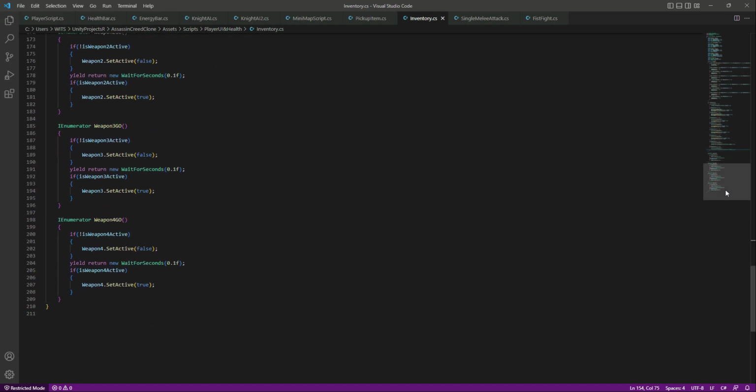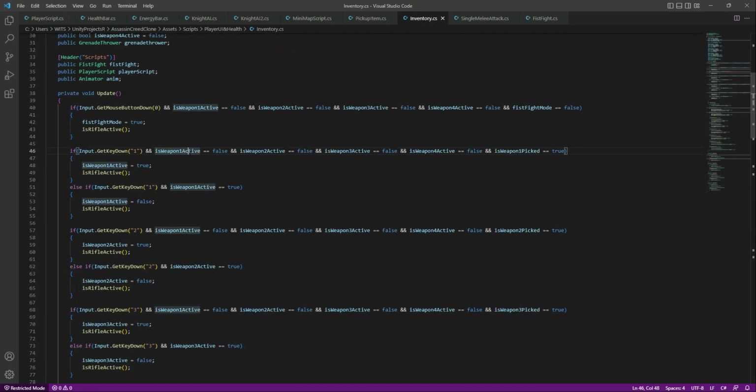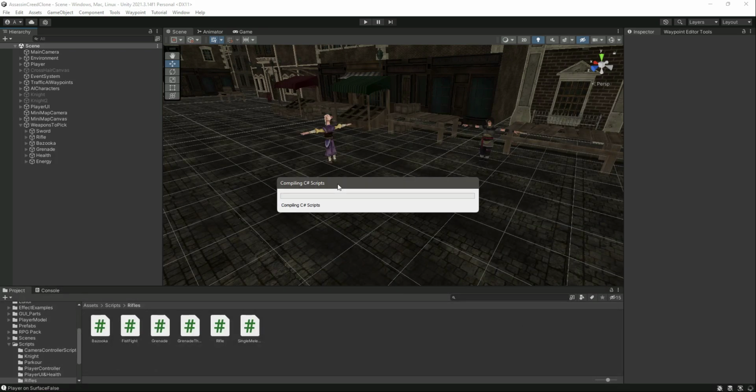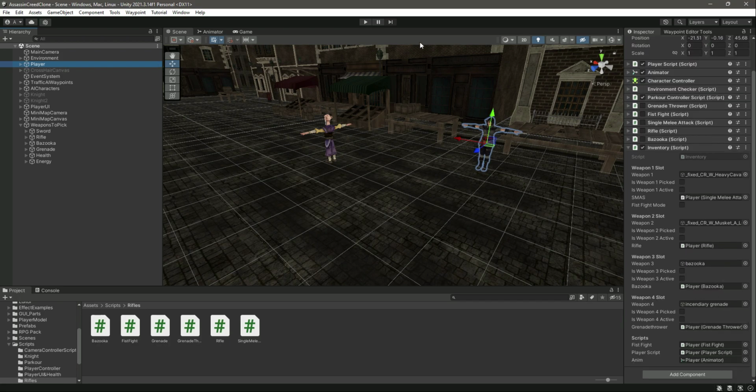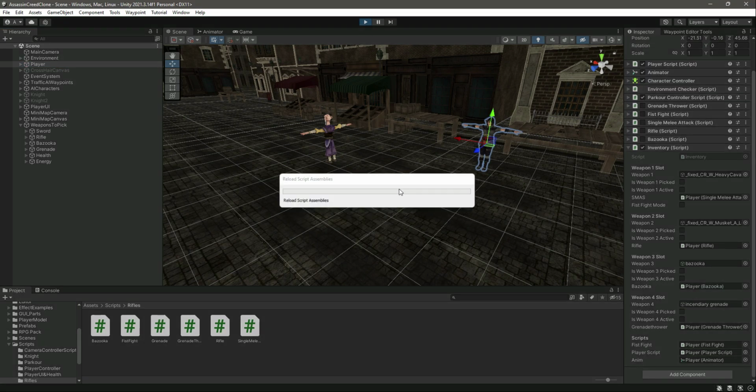Okay, so everything is set up for all of the 4 weapons. Let's save the script and get back to Unity. Let's click on the player. As you can see, everything is set up. Let's play the game, and you can now notice these